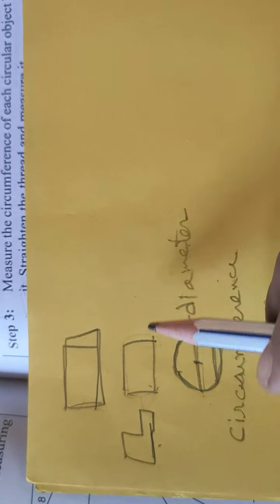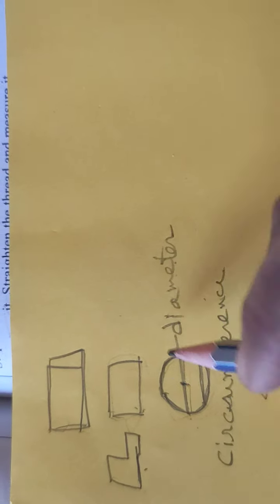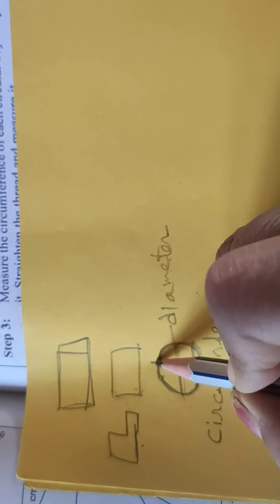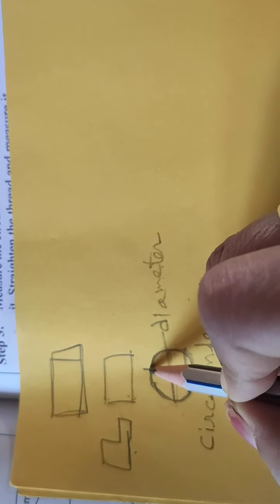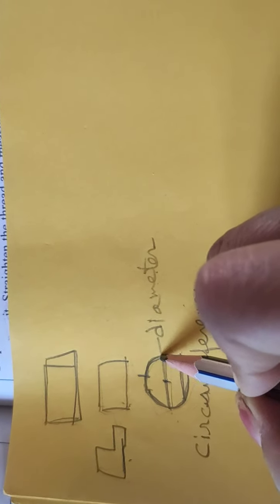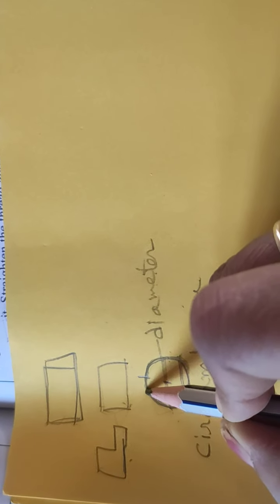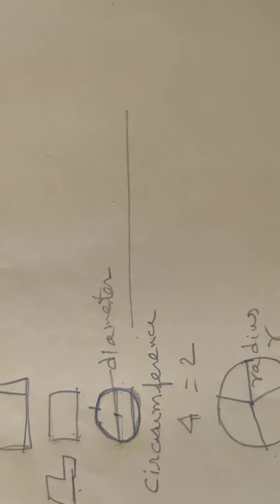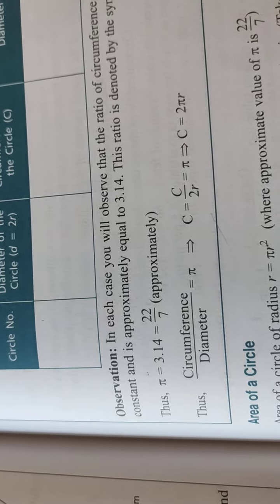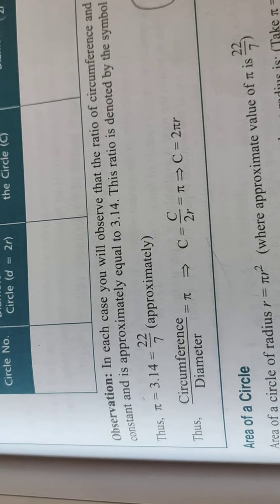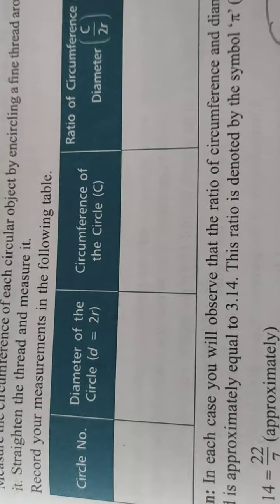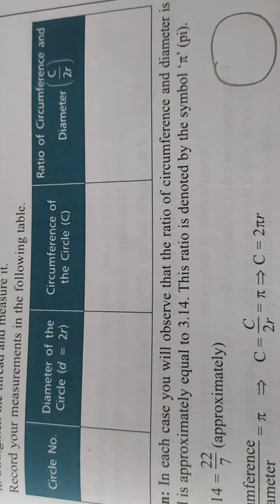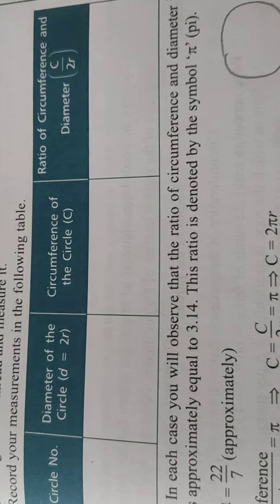Now, as I have told you, we can measure straight things with a ruler or measuring tape. But how will you measure a circular thing? What we do is tie a thread here, circle the thread all over, and then when we lengthen the thread, we can get the circumference. That is a very basic thing we can do, for a small thing. But how will you find it for very big things? It's not possible every time to have a thread and go on measuring like that.